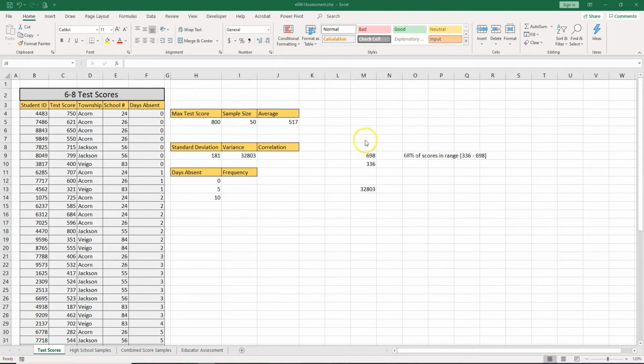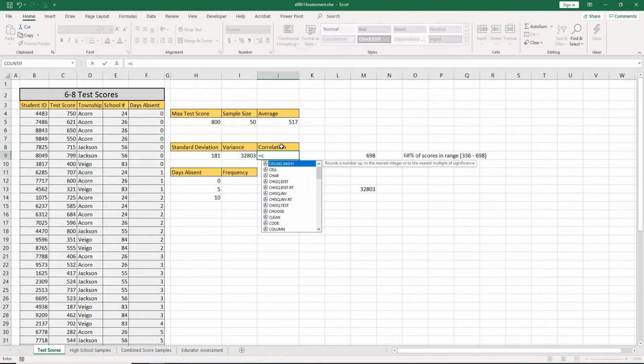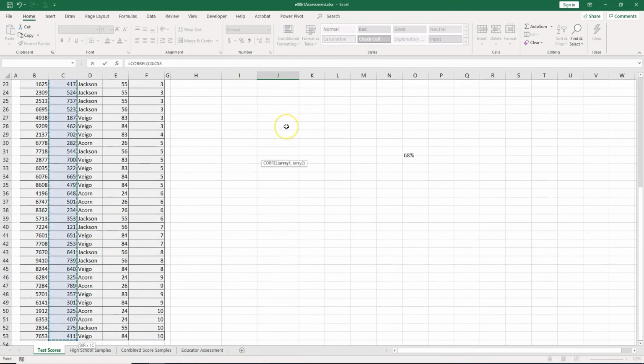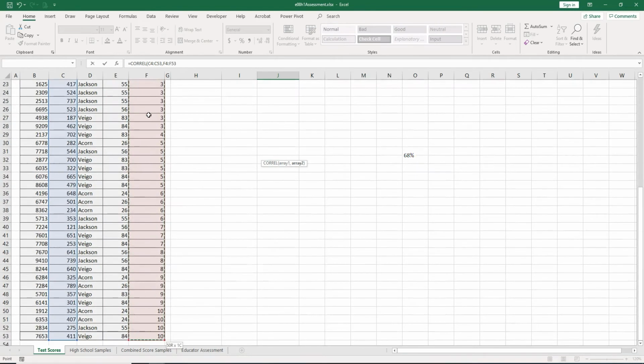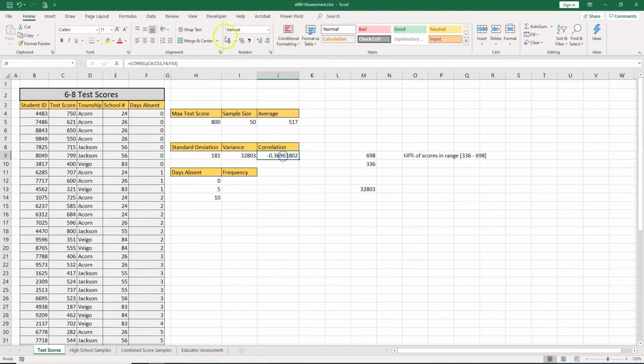Okay. Let's see now how the test scores correlate to the absences. We have test scores in here and days absent there. And the name of the function would be correlation. So let's see if we have something in Excel, and we do have CORREL. Let's double click it, and let's select the test scores, Control Shift down. So that would be the first list of numbers, comma. We go to the second list of numbers, which would be the days absent, Control Shift down. And let's push enter. And let's get rid of all the decimal places.